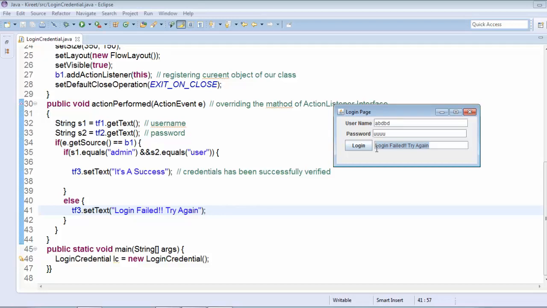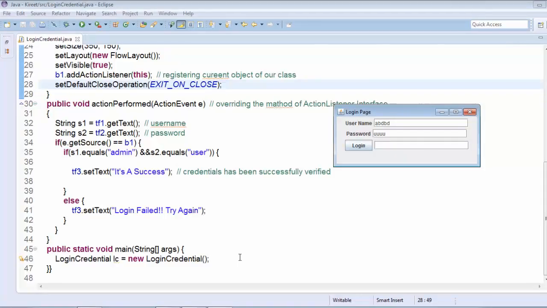Now we have to go beyond this component and use another component, that is a dialog box. So we have to invoke the dialog box in our program. That is a good programming practice, that if the username and the password are matched, then a dialog box must appear that says login is success, and if they are not matched, then it says login failed. So in spite of using this text box, now we will focus on the dialog box.